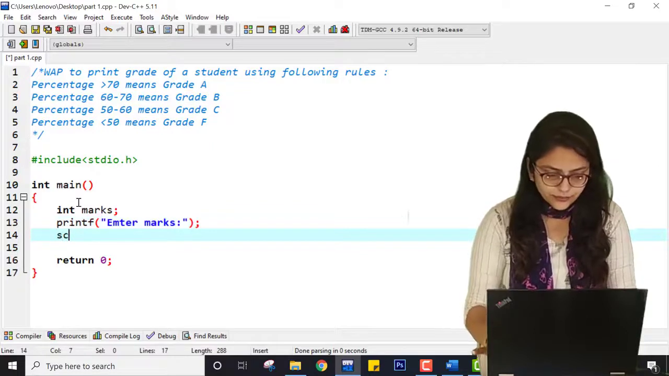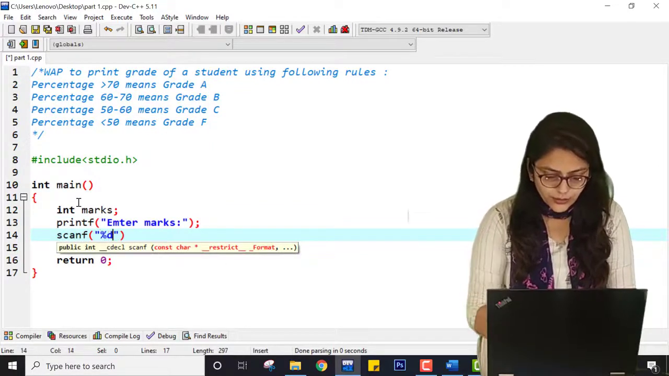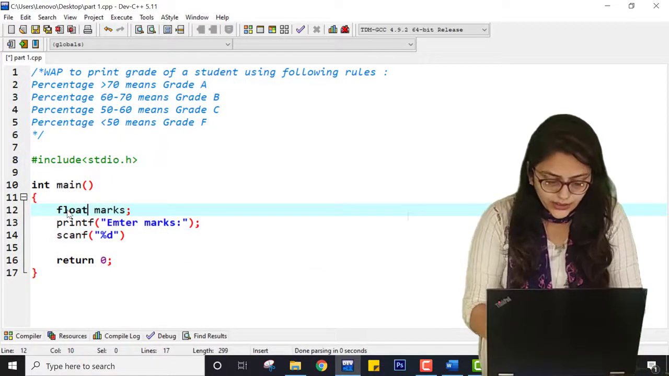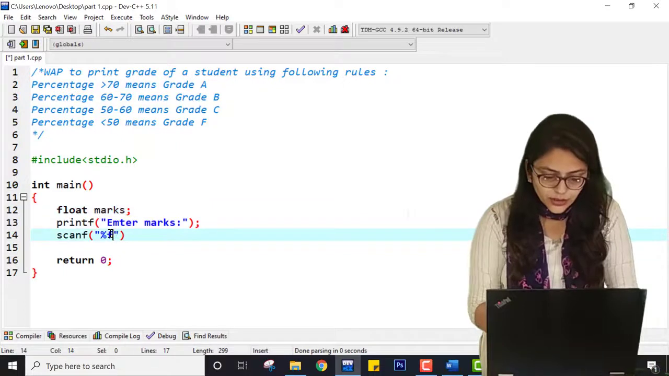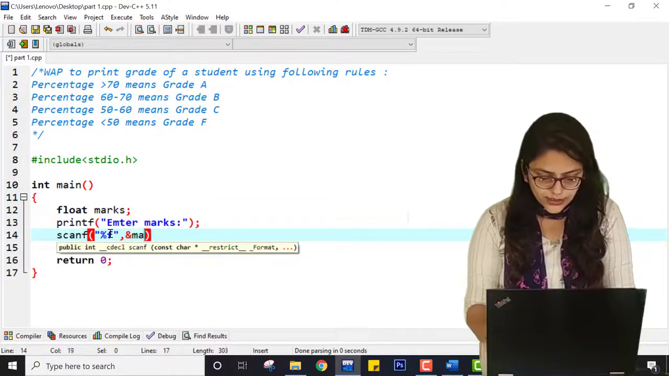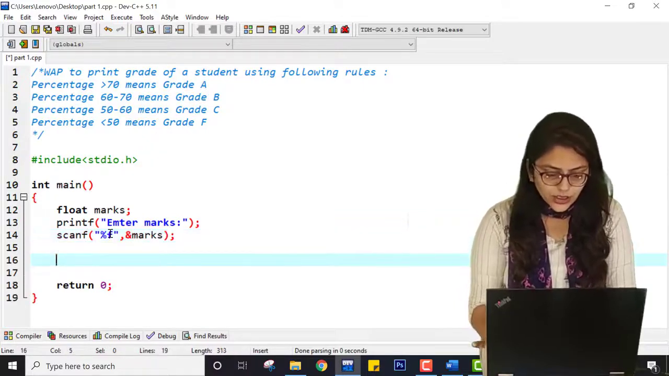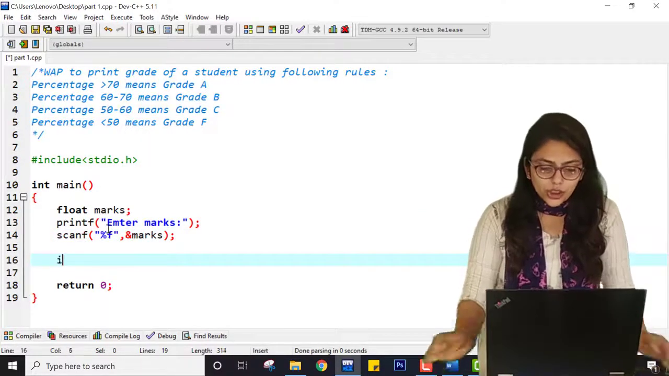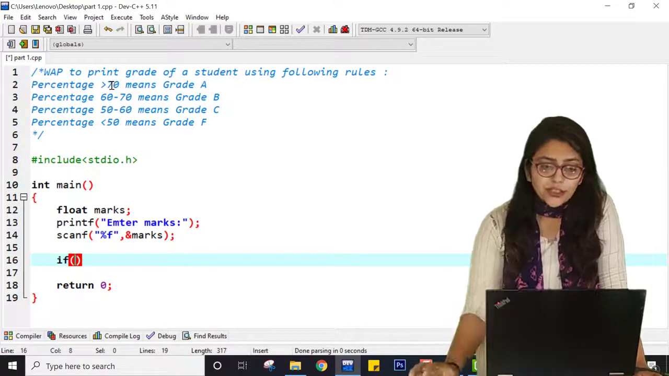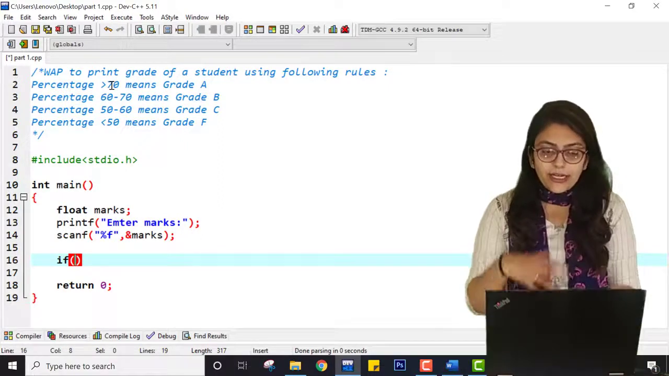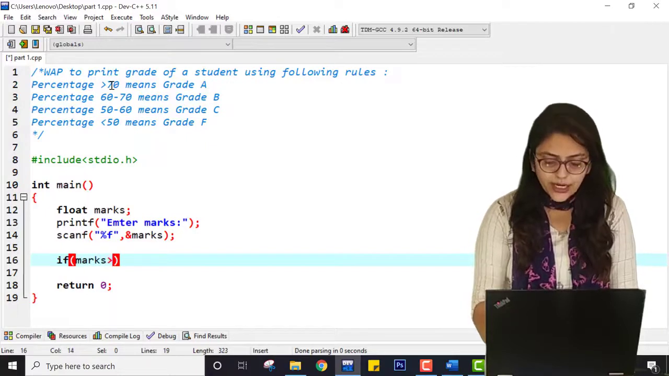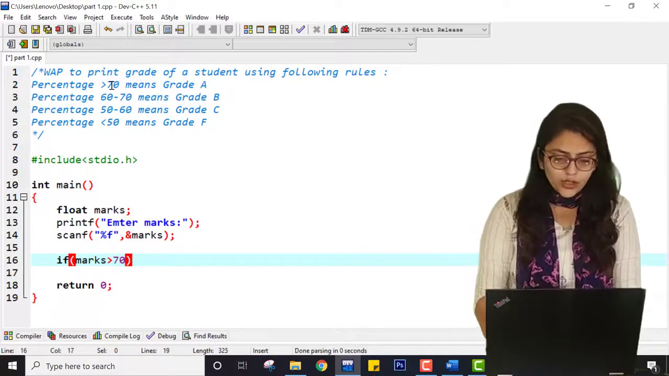Now scanf. Here percentage or marks can be float also. So it will be convenient if I am using float, right? And here I can use percentage marks, right? After that, what will be done? So the first condition is if these marks, or say percentage, is greater than 70, that means grade A. So what I am writing: if marks greater than 70, that means